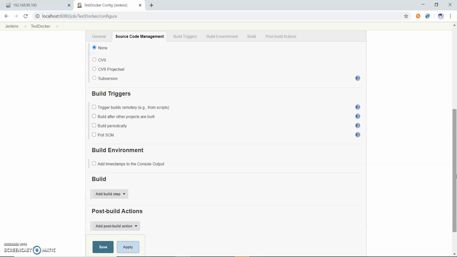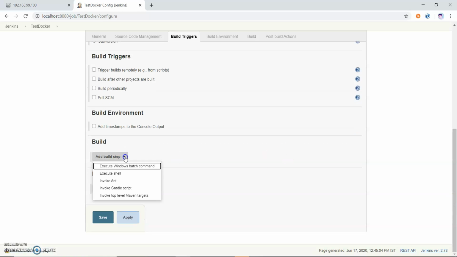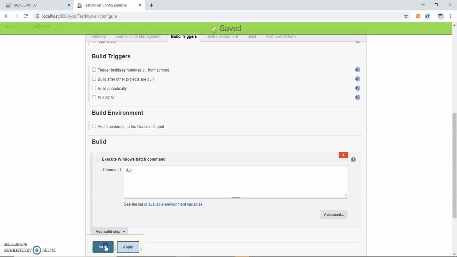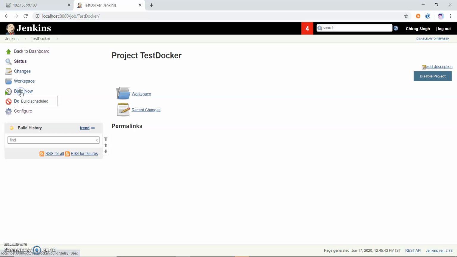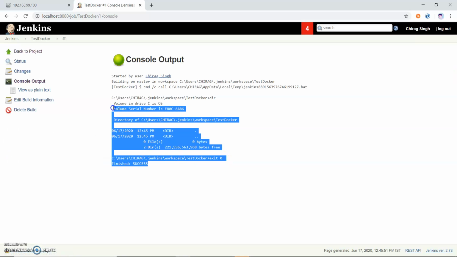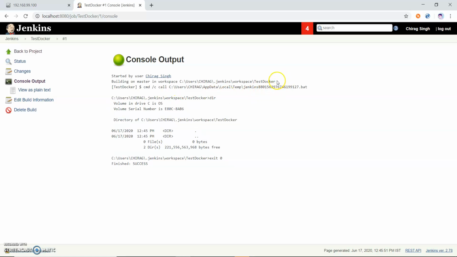Guys, if you do not have any idea about Jenkins, you can watch my Jenkins series. In that series I have explained each and every step in more detail. My current system is Windows, so I'm using Windows batch command. Firstly I'm using dir to see whether my Jenkins job is set up correctly or not, and I will run this job by clicking build now,